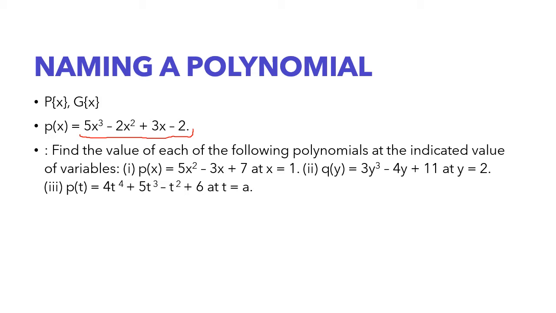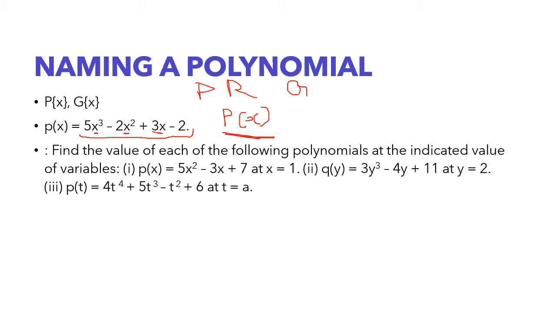Now, how do we put that name? First of all, polynomial is considered as a function. Function means something that is having certain value. For now, you understand that function is something that has value depending upon the situation. So we would be naming it as something like P or R or G or anything that you like. Now, what does this function or polynomial depend upon? It depends upon this variable, right? Depending upon the value of the variable, the polynomial's value also changes. So here the variable is x. So I'll be writing in the bracket x.